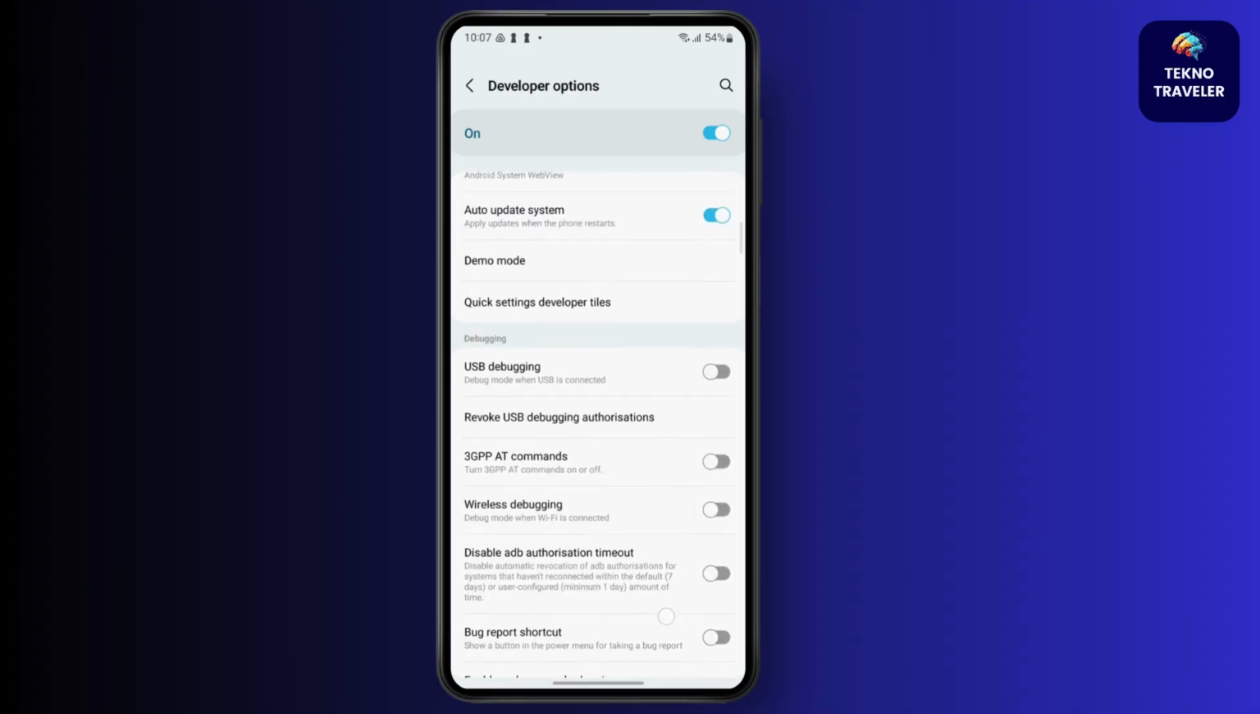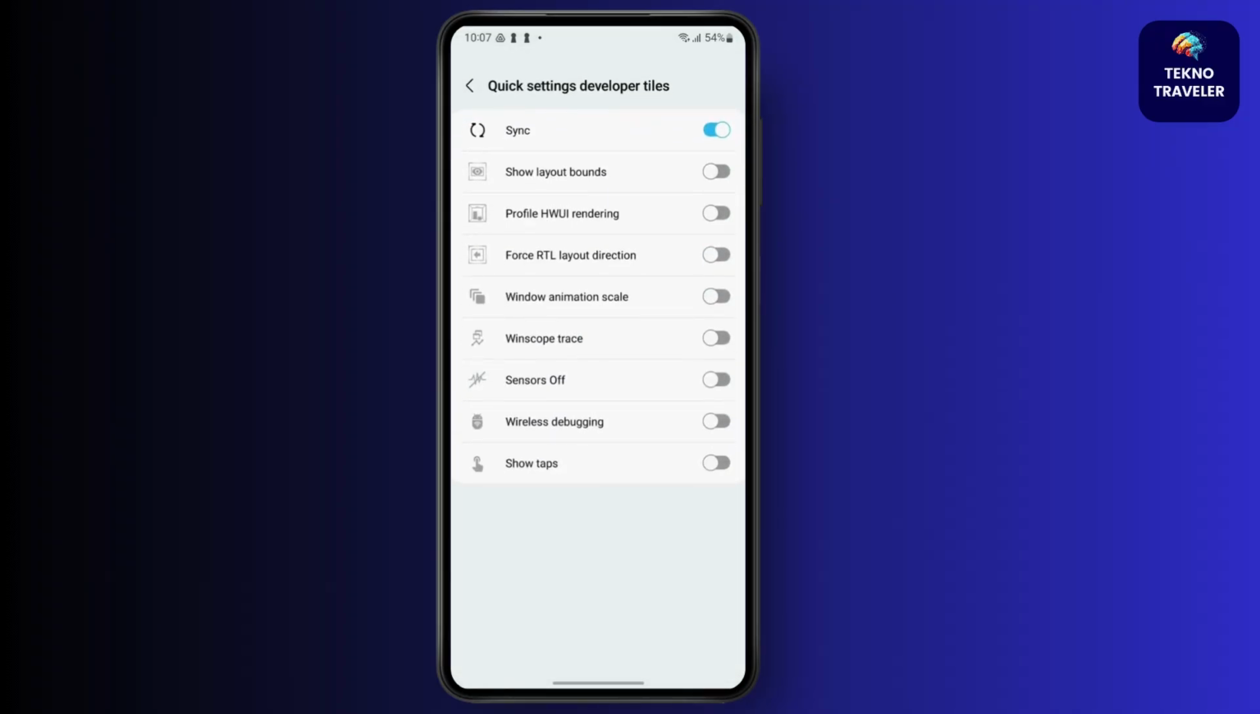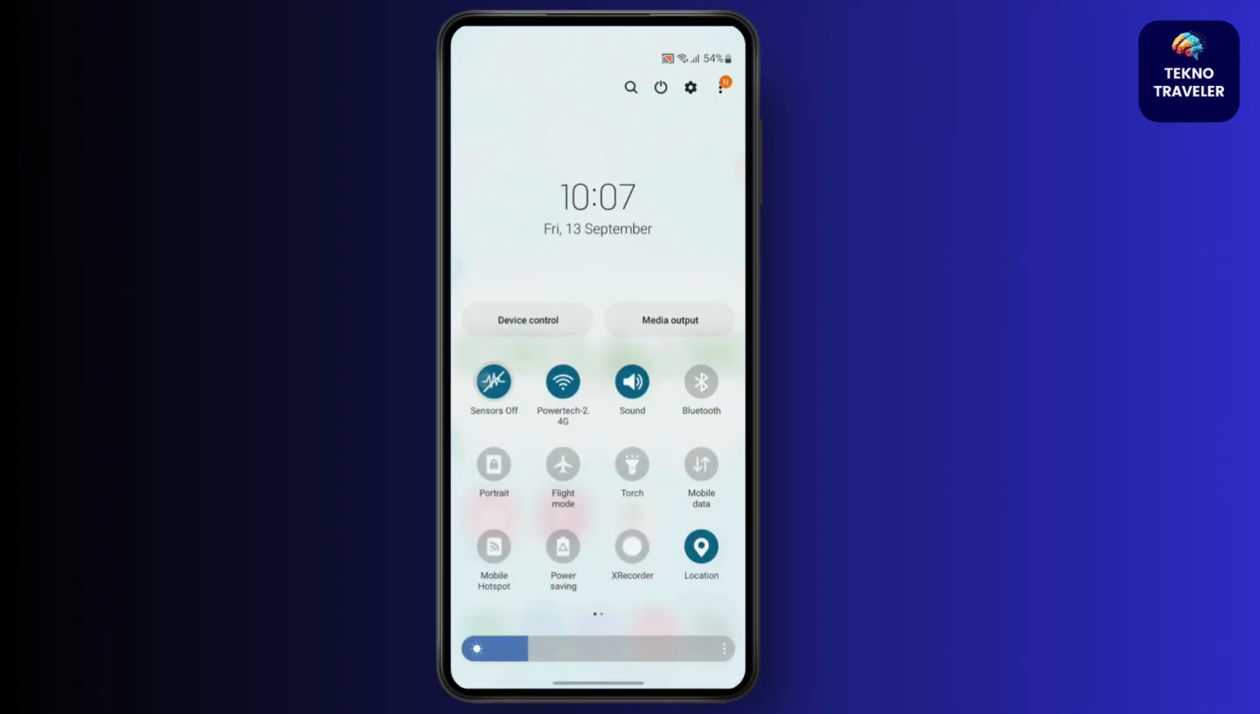Then you have to find quick developer settings tiles. After that, simply toggle this on, sensors off, and then here you will see this new